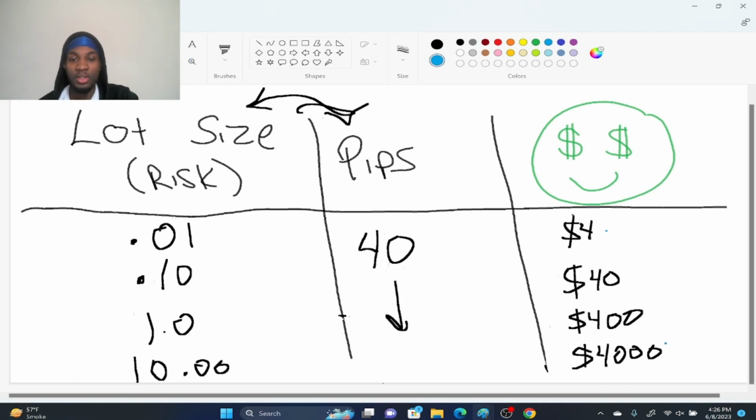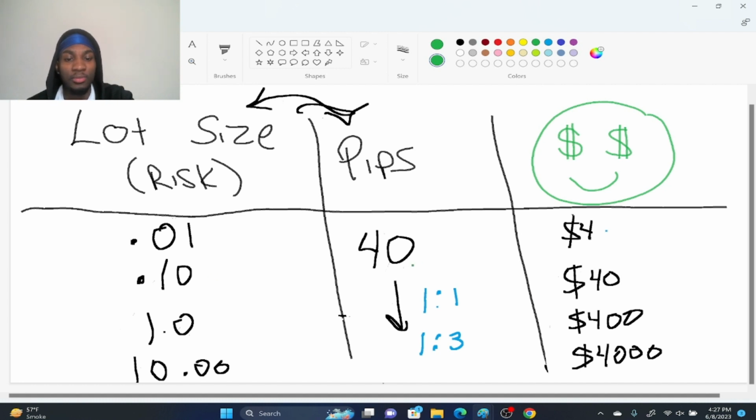Okay, so when it comes to your risk to reward, you always want to have at least a 1-to-1. Oh shoot, I said 1 to 10. 1-to-1 or better. Better would mean like a 1-to-2, 1-to-3. For this example, I'm gonna use a 1-to-3. So on this trade, right? Let's say this 1-to-1 meant we were risking, let's say,